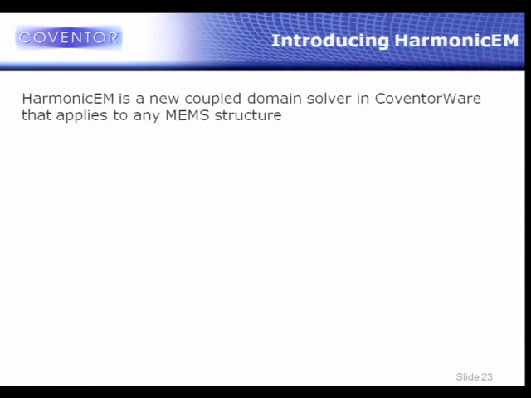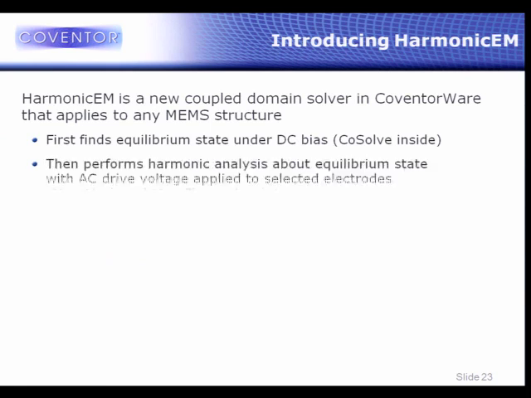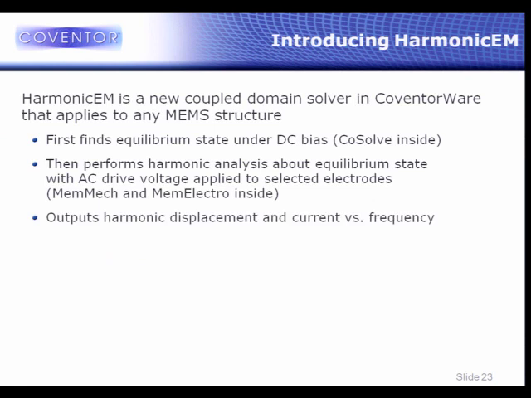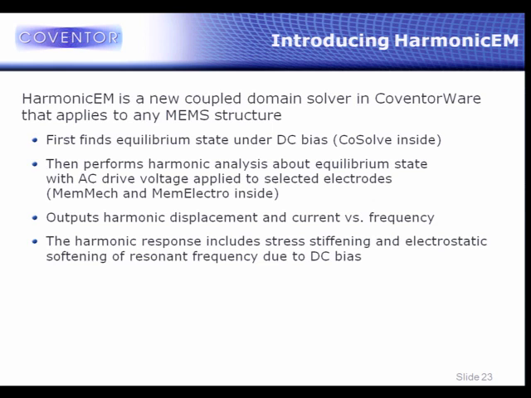So this is a powerful, unique, new capability. I also mentioned Harmonic EM is new. It's a coupled solver that uses MEM electro and MEM mech. What it does is it first finds the equilibrium state under DC bias, so that's CoSolve inside, performs a harmonic analysis about that equilibrium state, from which you get a spring softening effect, and it outputs the harmonic displacement and current versus frequency. So that response includes stress stiffening effects, and electrostatic softening of the resonant frequency due to